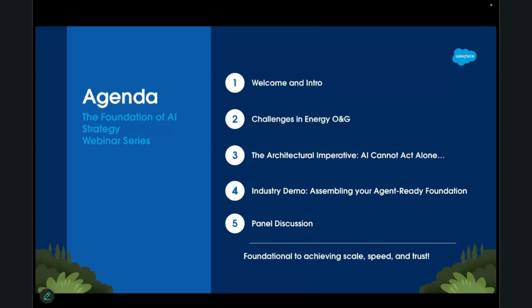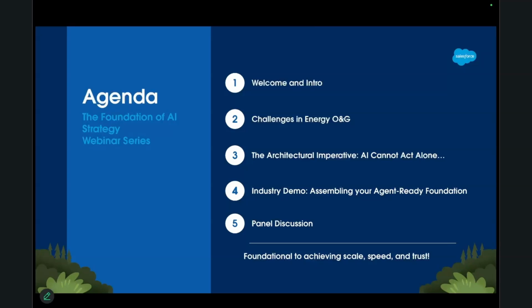And with this next wave, we'll be talking about the architectural imperative around AI and the energy industry. Then we'll spend some time with an industry demo, very focused and relevant for asset management heavy organizations like energy. And then a quick panel discussion.